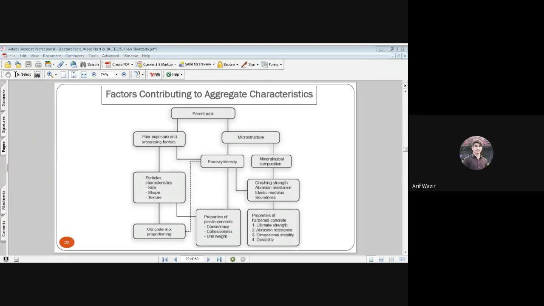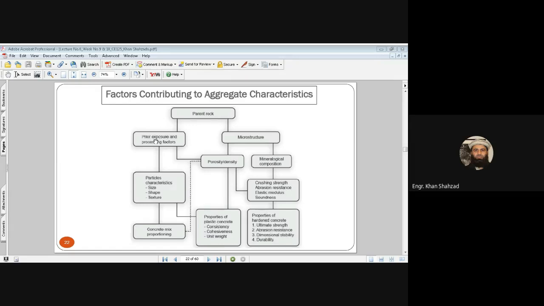No sir. Okay, good. So let's talk about the factors which contribute to the aggregate characteristics. We have discussed the parent rocks. From which rock did you get the aggregates? From igneous, metamorphic, or sedimentary rocks. Then prior exposure and processing factors. Either you have processed it, passed it through the crusher machine, or you are using it directly. It may have got some exposure to the atmosphere or severe weathers, or not. Here you have just extracted it, and it has not